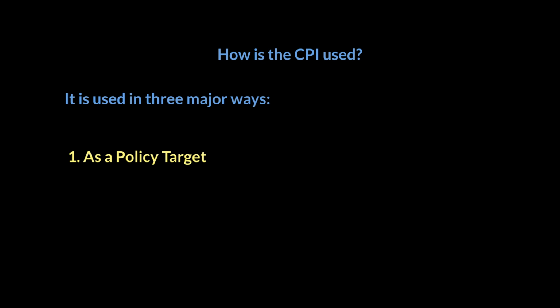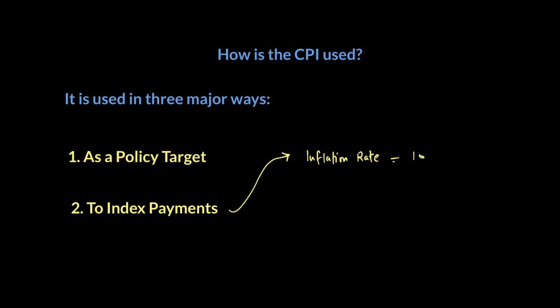Another important goal that it provides us is that it is used to index payments. Now, what is indexation? Indexation is simply an idea that, let's say, if my inflation is rising by, for example, 10%. So let's write this. Let's say the inflation rate is 10%. Now, if I tell you guys this, that somebody's wages are rising, so change in wage rate, let's say, is,